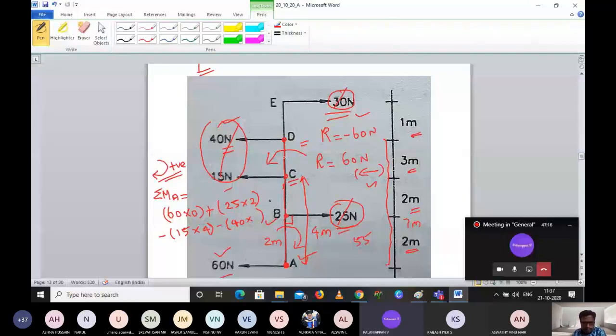Sir, whether it is not minus 60 into 0? Why are you taking minus? Can you tell me? Because he is taking the left side direction as negative sign. Very good. Okay, no problem. Yesterday while solving, I made a small mistake: I didn't consider anti-clockwise as negative and clockwise as positive, but took the forces acting to the left side as negative and those acting towards the right as positive. That is also correct. Whatever assumptions you are following, please make a note of them when you are solving. That is sufficient.